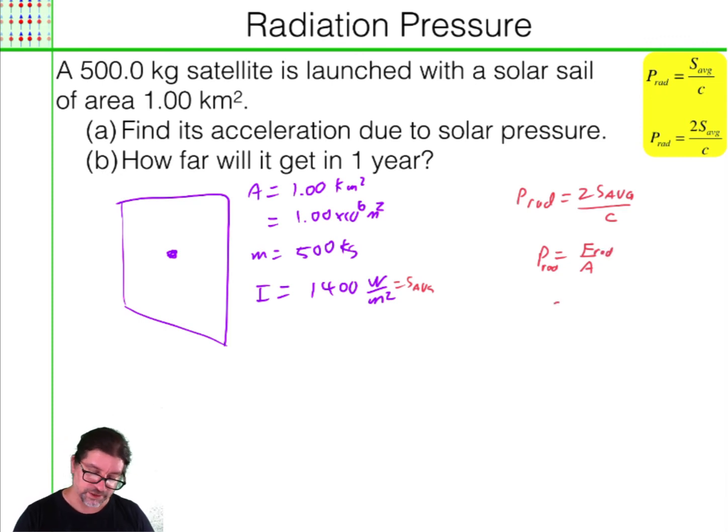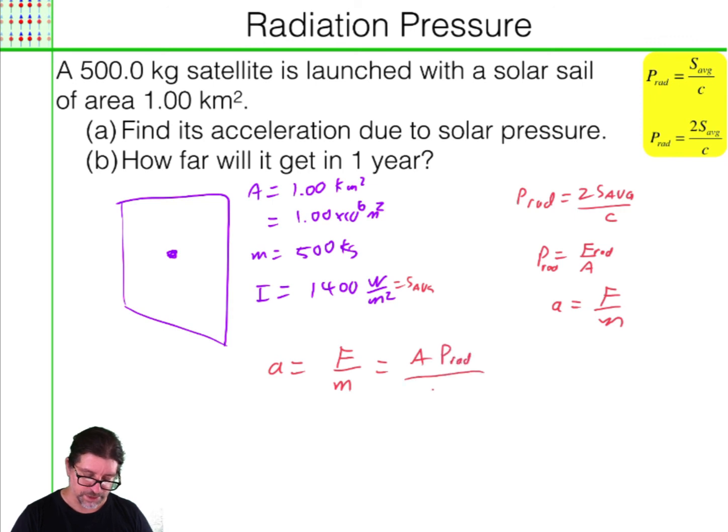We're going to use that acceleration is force divided by m. So to solve this, let's find the acceleration. It's force per unit mass, and force is equal to the area times the radiation pressure per mass, and that is equal to 2 times S average times the area